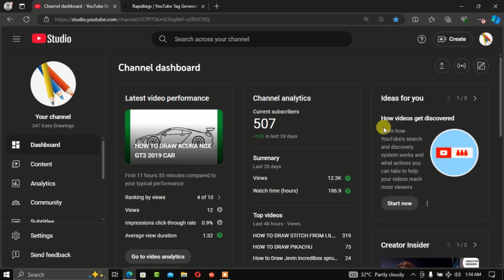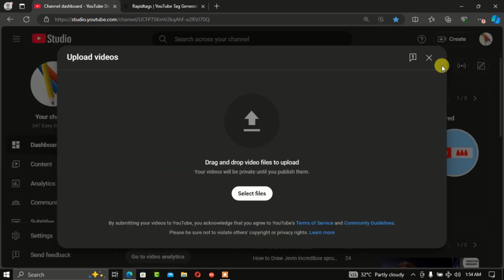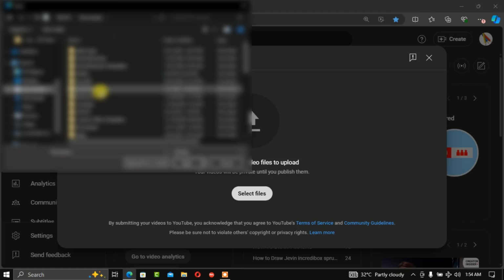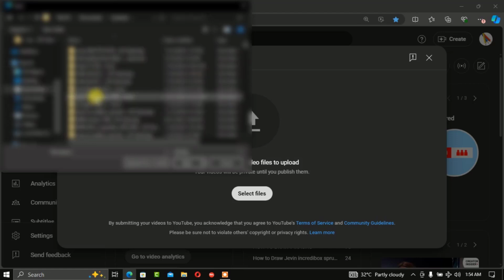videos on YouTube. So right now, if you come to your dashboard this way, there is an upload video icon at this point, so you now click on it. Once you click on it, you can either drag and drop, or you click on select file. So once you click on select file, you navigate to where your videos are. You locate the file, the folder, and then you proceed to